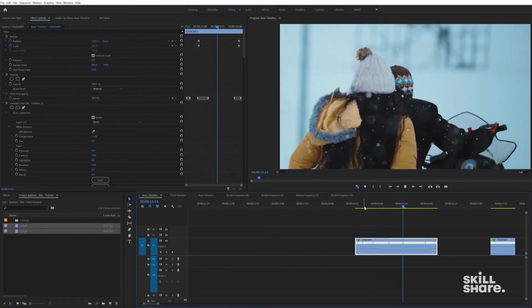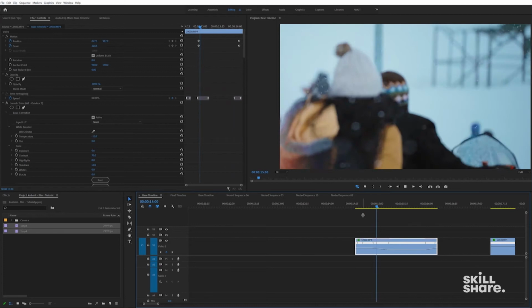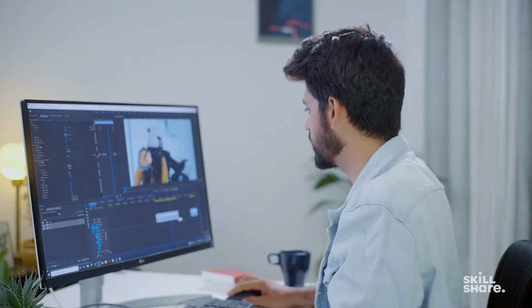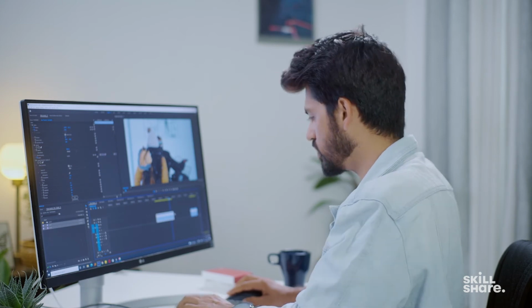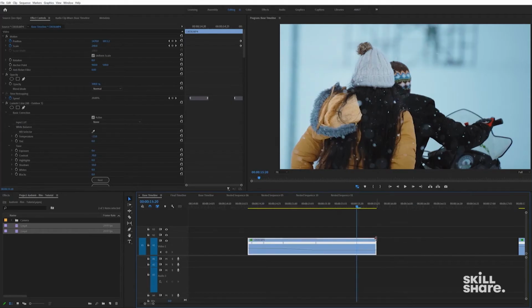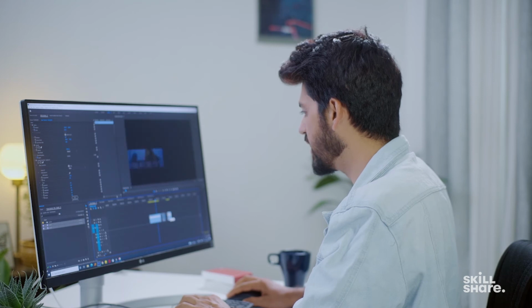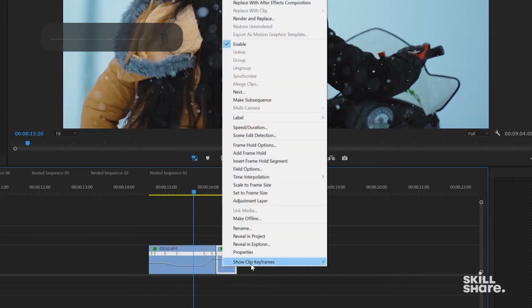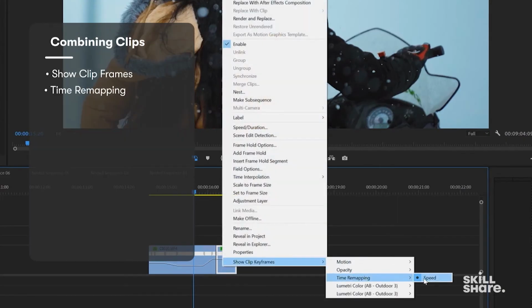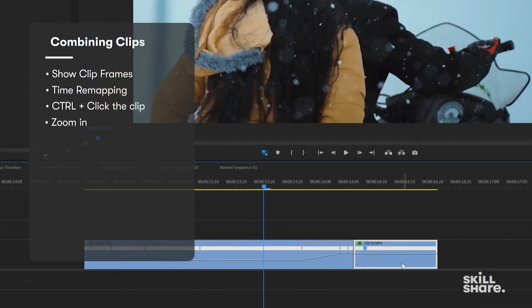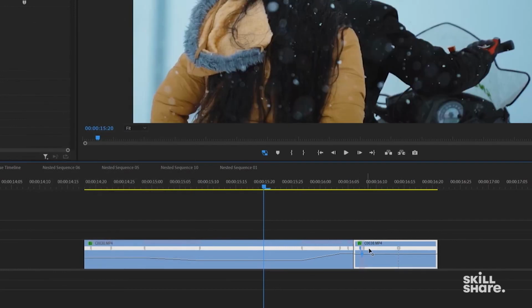See, it looks really amazing from fast to slow, and then at the end again fast. We can also increase the speed. Increase it as you like it. Then I'm going to combine this second clip. I'm just going to do the same thing: show clip frames, time remapping, speed, and then control and click. Zoom in, control and click. So the first one is to just slow it down,